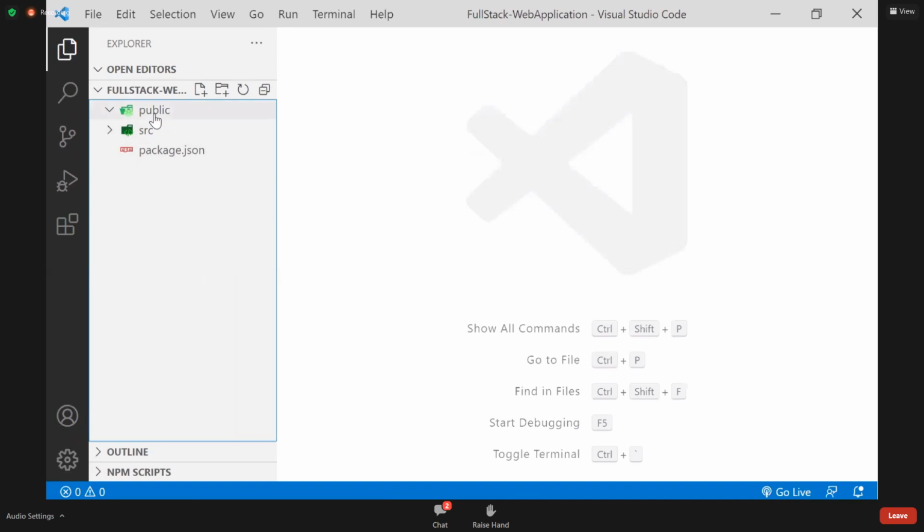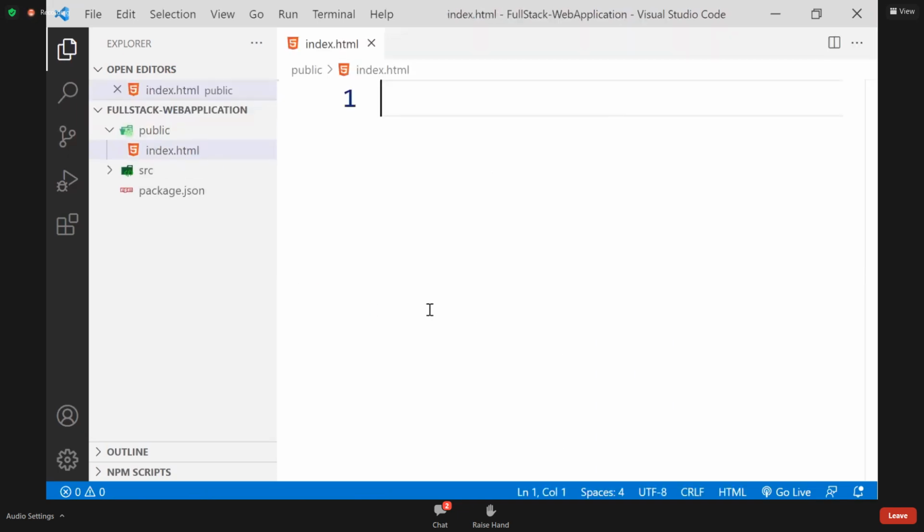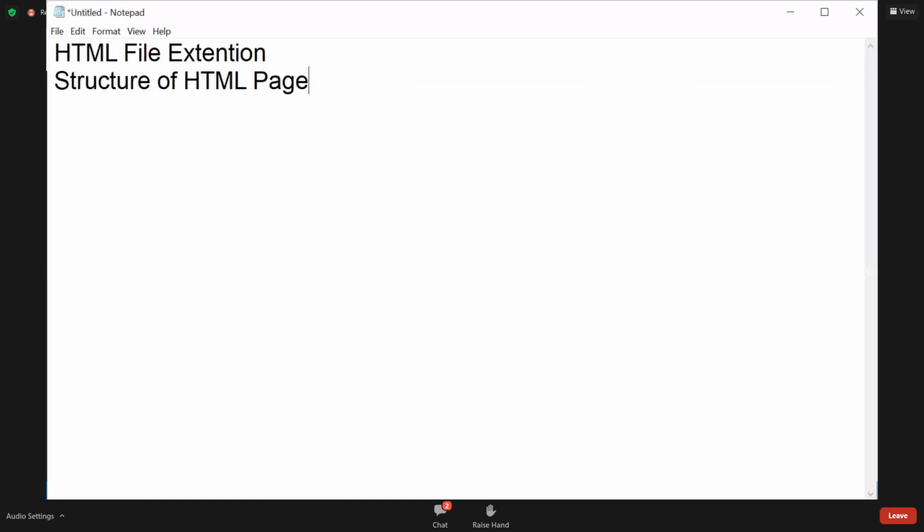In this public folder, we are adding a new file, and every website starts with a page called index, and the extension, as we discussed, you can give .html or .htm. Okay, this is the HTML page. Now, when you are designing an HTML page, what is the basic structure? Every HTML